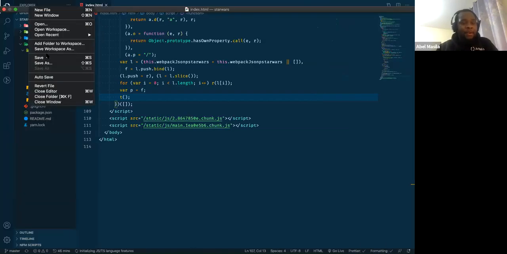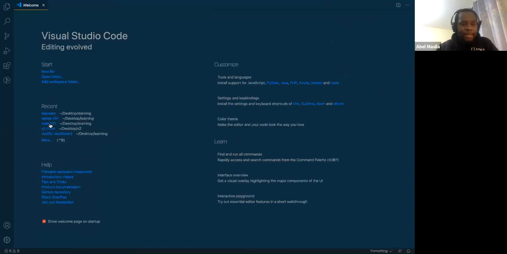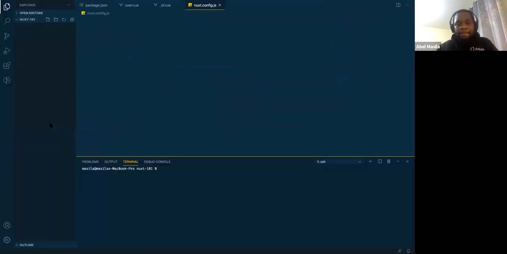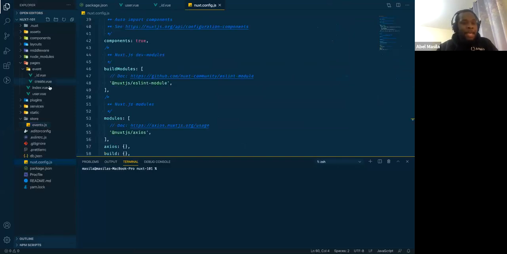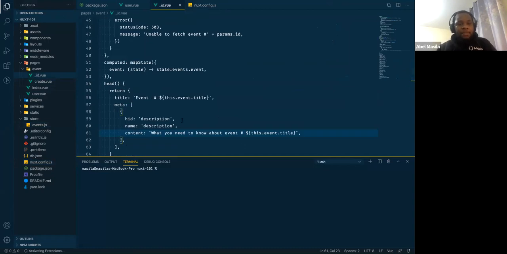Let me show you something with my meta configuration. It's something cool which I wanted to show you. If I go to my next application and check out my meta configuration, we have this HID.